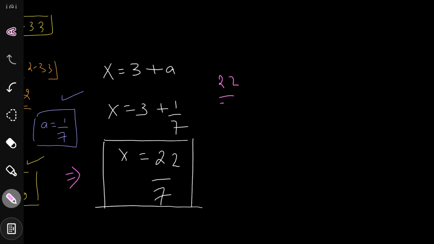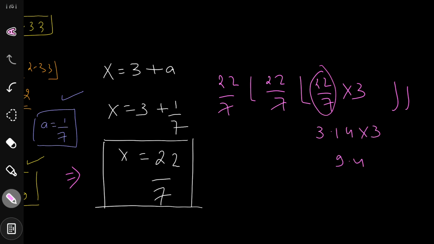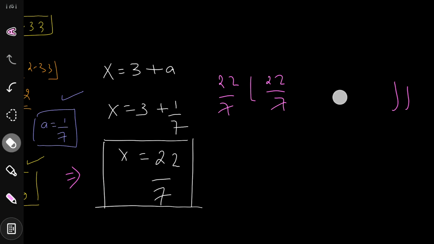Okay. Now let us plug in this value and see if the equation is correct or not. So 22 upon 7, the floor bracket of 22 upon 7. Okay. Now the floor value of 22 upon 7 will simply turn out to be 3. Okay. So this thing into 3. Now this fraction over here has a value 3.14, multiplied with 3 will give me 9.42. Now floor value of 9.42 will be equals to 9. So this thing turns out to be multiplied with 9.